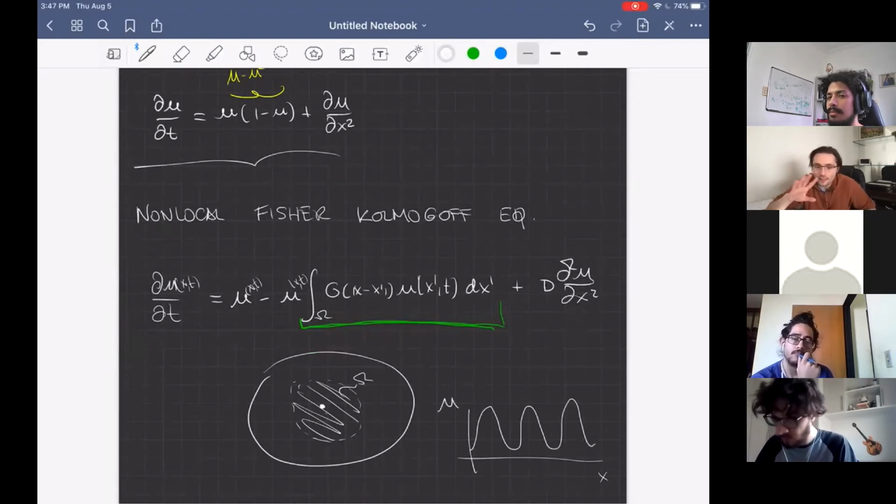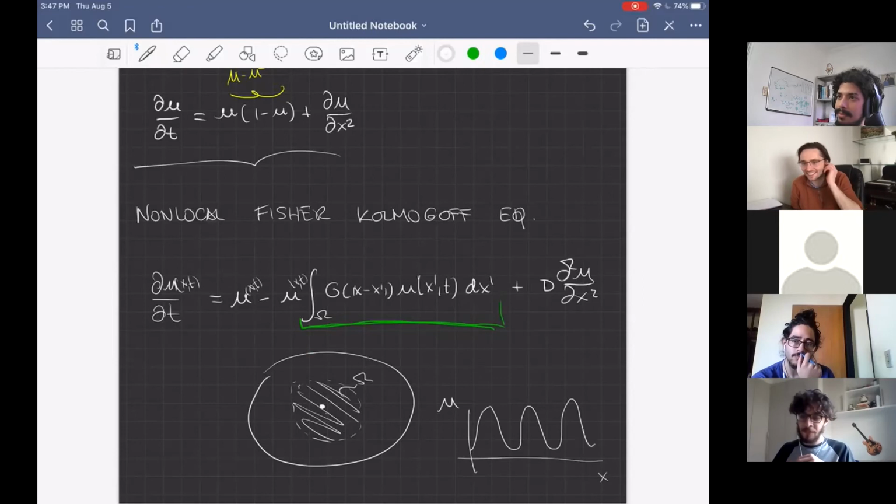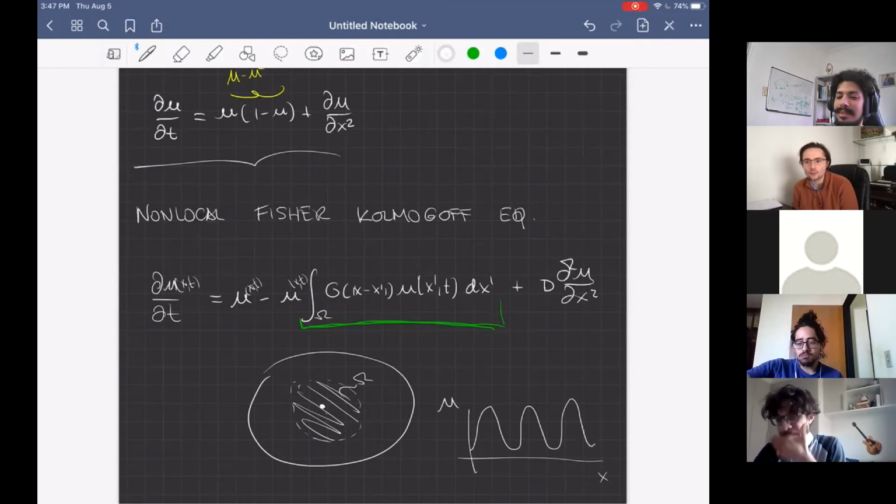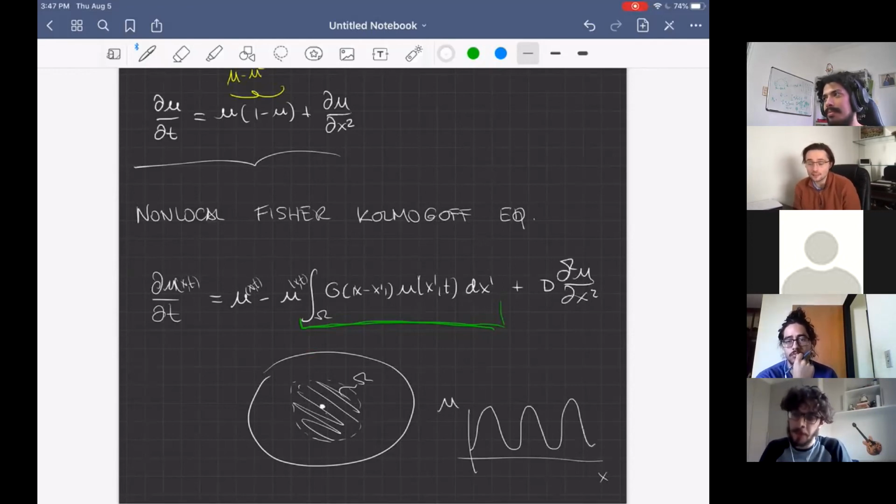Just so you have an idea, the article where they introduced, studied and analyzed this equation was published in 2003. So now it's almost old. It's 18 years old. I hope there's no one that was born after that paper was published, because you would leave me as an extremely old person. But what I want to tell you is that this is not something that was done in the 20s, or in the 40s, or in the 19th century. This is something that was done in the 21st century, and it's an article that I will put in the